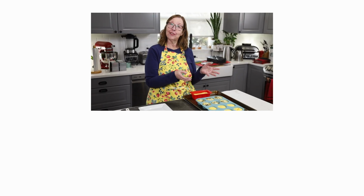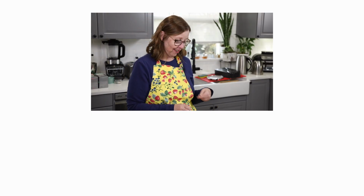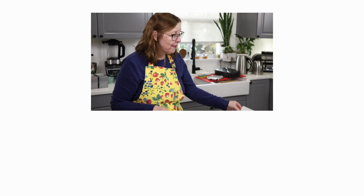Because I doubled the recipe, it makes 16 servings, and I was trying to stuff that all into 12 wells here. Hence, I ended up with a loaf. So this recipe is 16 servings. The macros are for the base, not for the